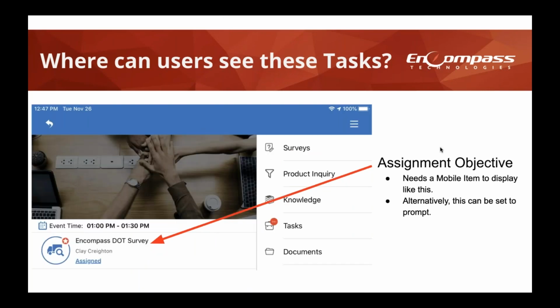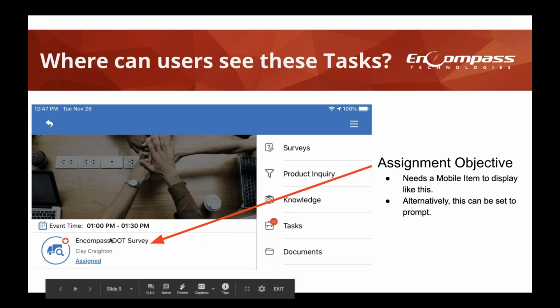All right, so with that being said, another concept that we talked about was assignment objectives, right? So these are going to be our pre and post trips, our meals, our breaks, so on and so forth. So this example here would be what a pre-trip would look like. So in Encompass Mobile, you pull up your day, and the first event that you have to do is a pre-trip event, right? Now, if the only thing that you want them to do in the pre-trip event is the vehicle inspection, well, voila, that task is available there for them to take, right?